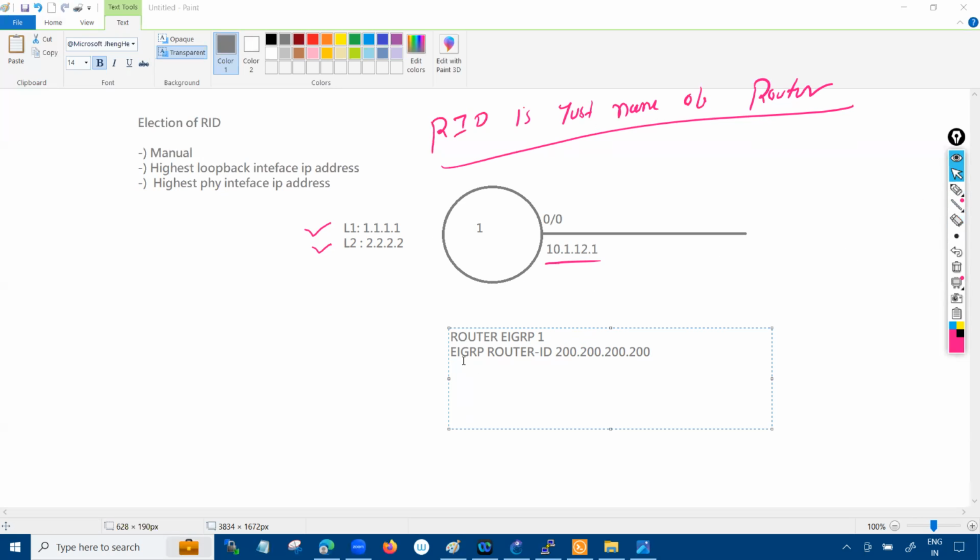Take an example, I'll just remove this command, EIGRP router ID, and simply exit right now. Then what happens? In this case, the manual ID will not be there, so it will go with the highest loopback interface IP address. So in this case, 2.2.2.2 will become the RID,